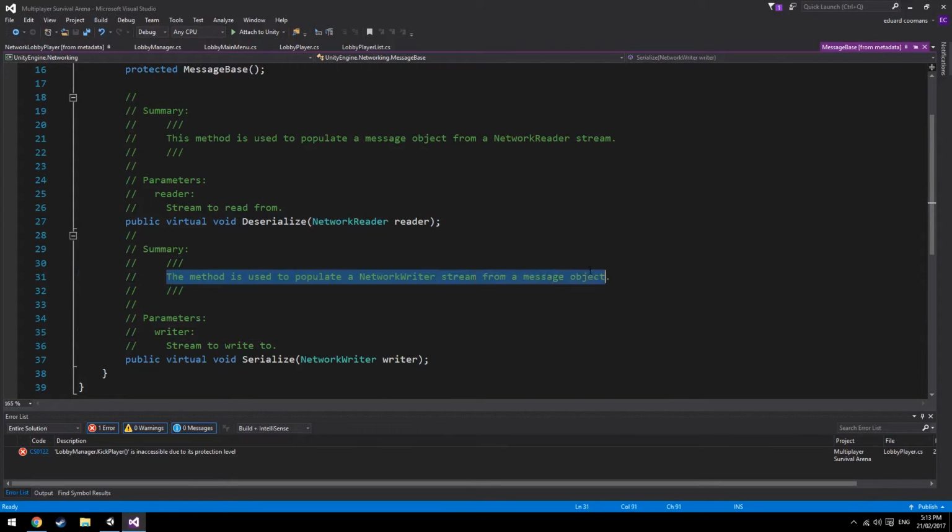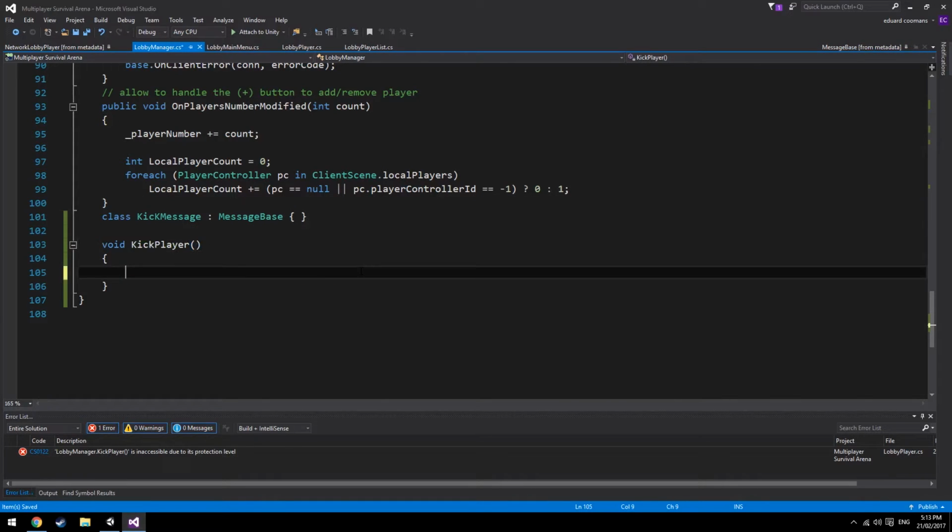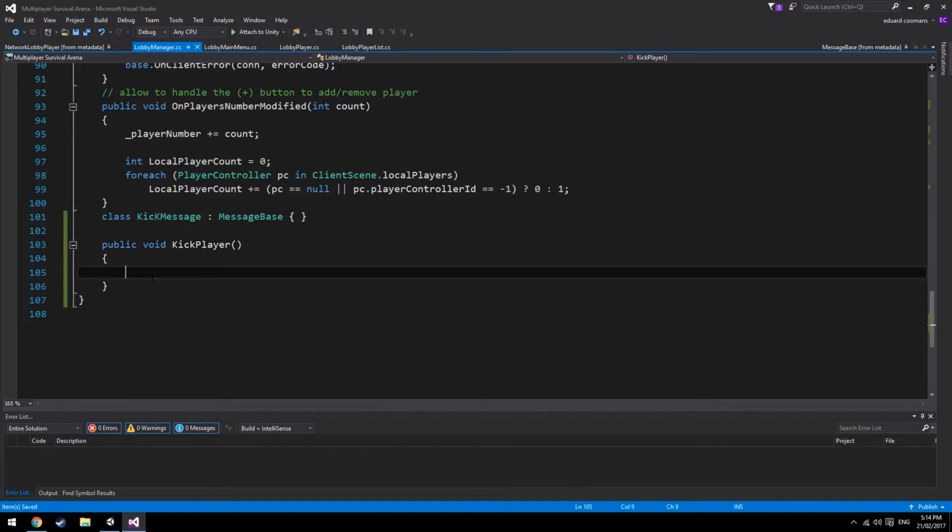So this one is used to send an object. This is to receive it. And the parameters here are to show which stream to write to and which stream to read off. So this is basically just us sending a message to someone else. And this one has to be public void because we call it from another function. And we need to fill in the connection,